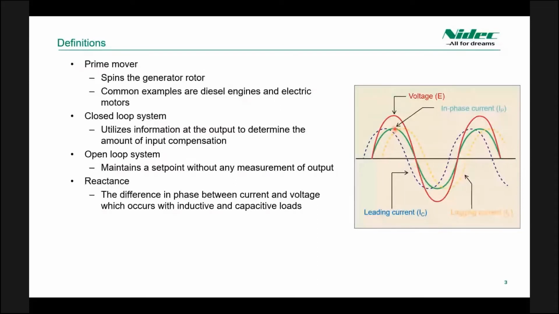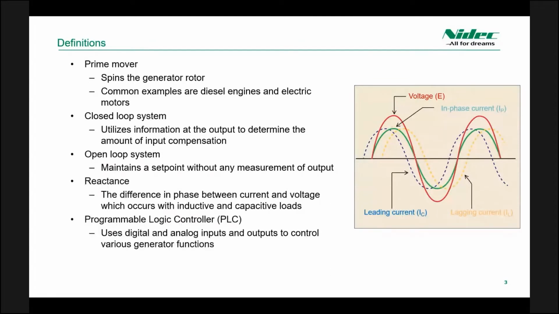So in purely resistive loads, the voltage and the current will be in phase. You see how these peaks line up right here? Now with inductive loads, the current will lag behind the voltage. So this axis is time right here, and the peak of the voltage happens here. The lagging current due to inductive loads happens here. And with capacitive loads, the current leads the voltage. So the peak of the current is right here, and the peak of the voltage is right there for capacitive loads.